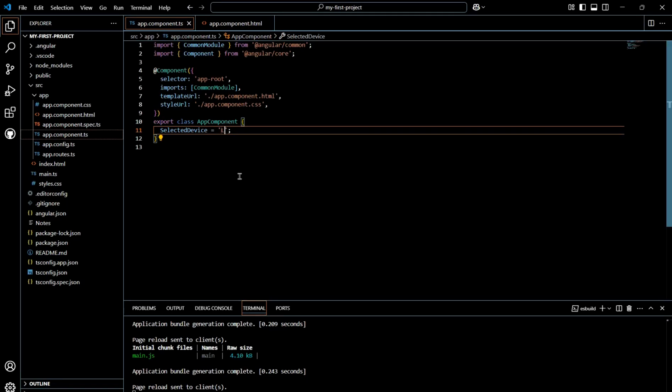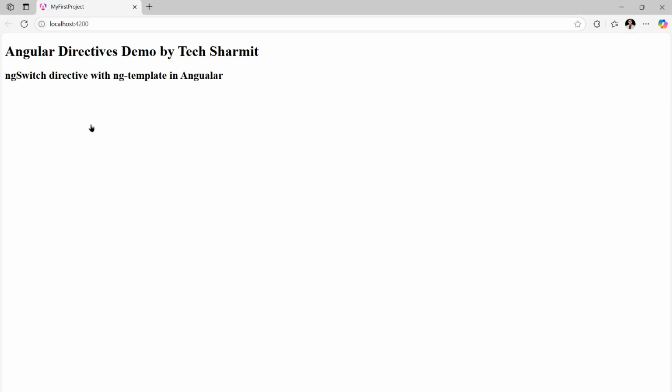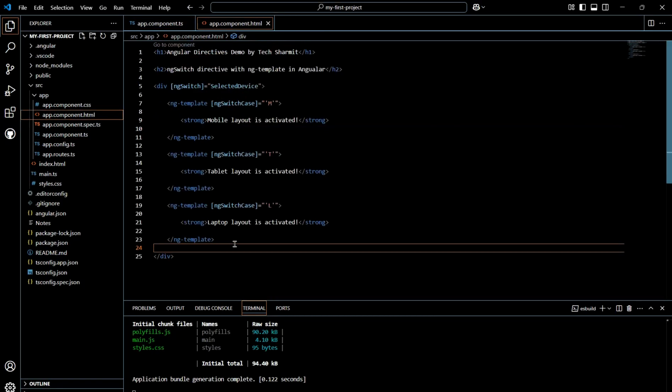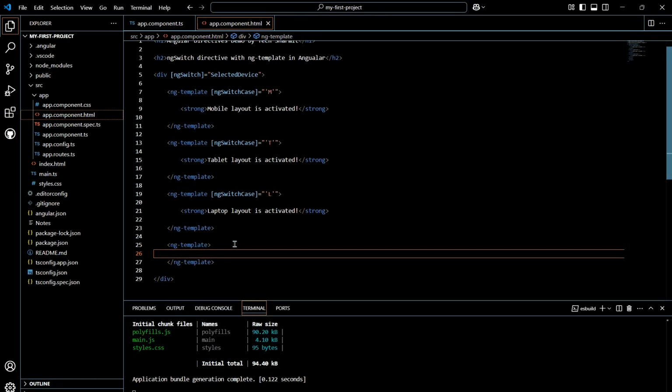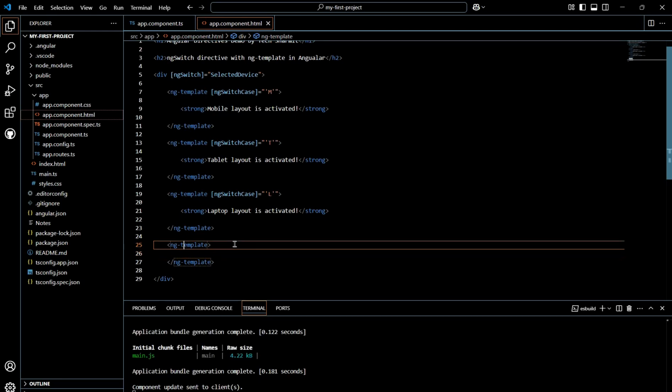But my question is, let's say someone is trying to put A, which is not a valid option, so in that case it is not showing anything. Instead of that, we can create one more template, and this time we will use this template to set the default value. So here you just need to write like this,